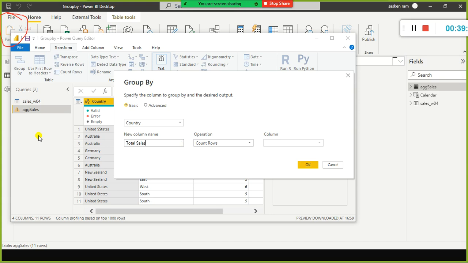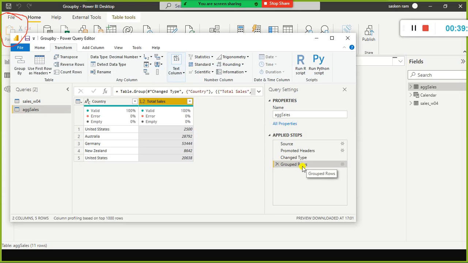So does it consider the wrongly typed country name also as part of the existing country? Look here, since we made a typo here, it considers this is a different record altogether. It is not falling under this group. It is not falling under United States group. It treats this as a separate thing.